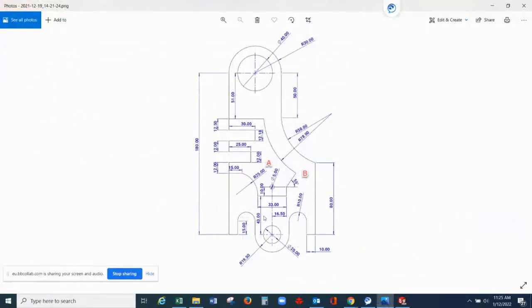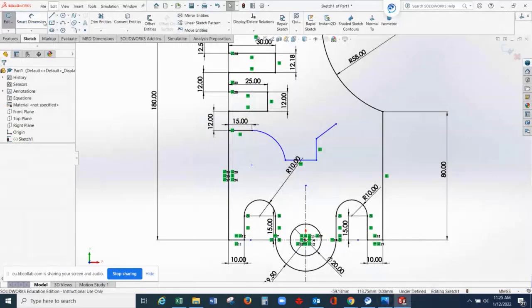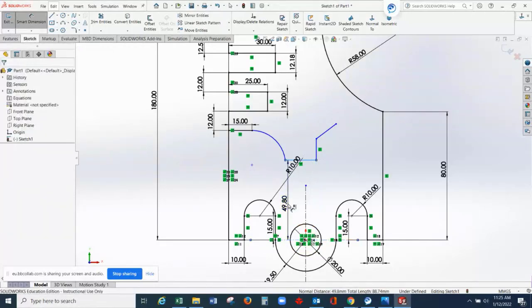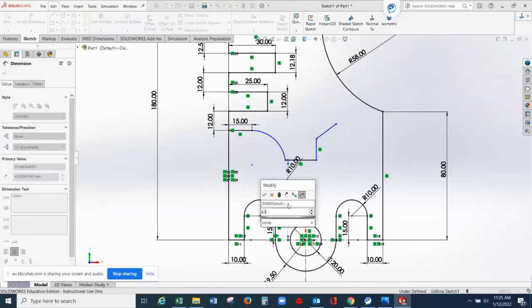So it says here that this line, this horizontal line is 43 millimeters, okay? 43 millimeters, the distance from this center point. So let me give that dimension first, smart dimension. From here to this center point, this is 43.